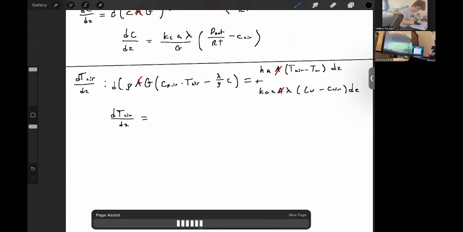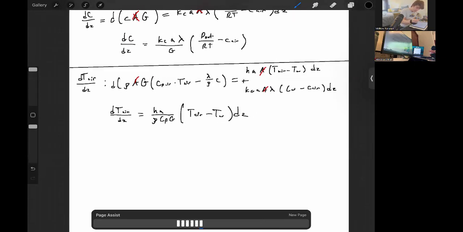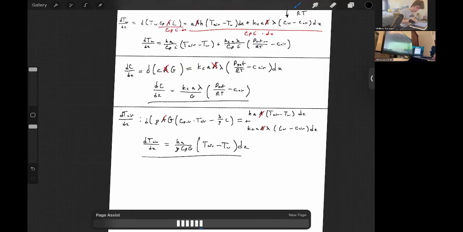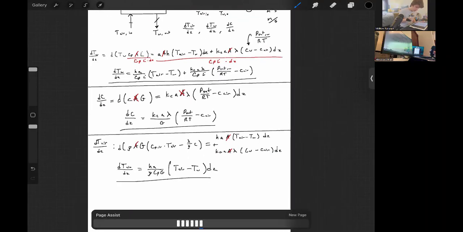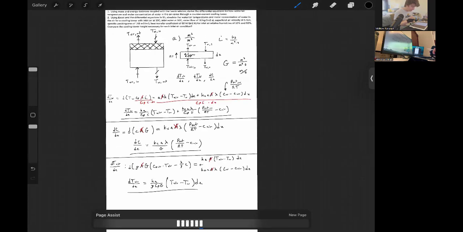which equals our heat transfer coefficient packing divided by our density multiplied by our heat capacity, and then multiplied by our discrete velocity, being multiplied by our temperature of the air minus the temperature of the water across some distance. Okay. So we now have all three of our equations that we need to observe the behaviors of this